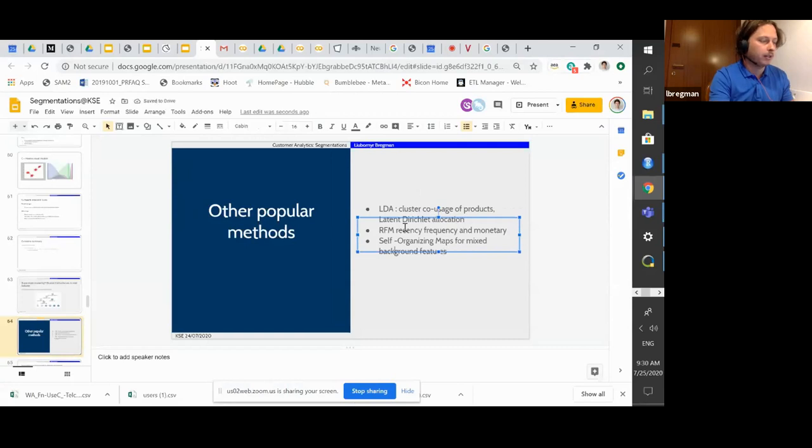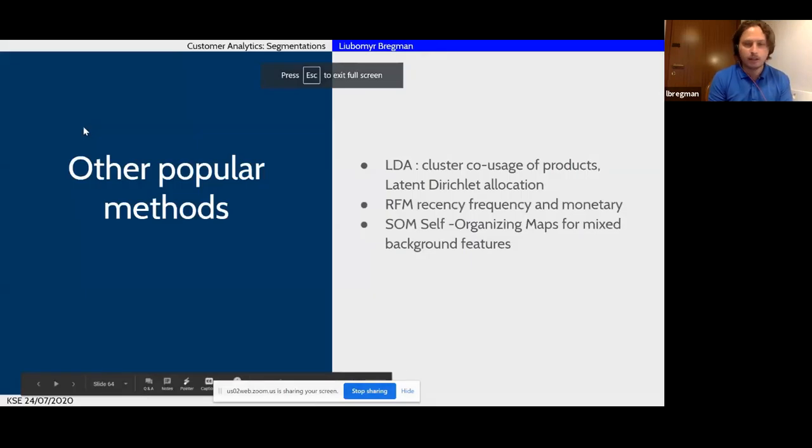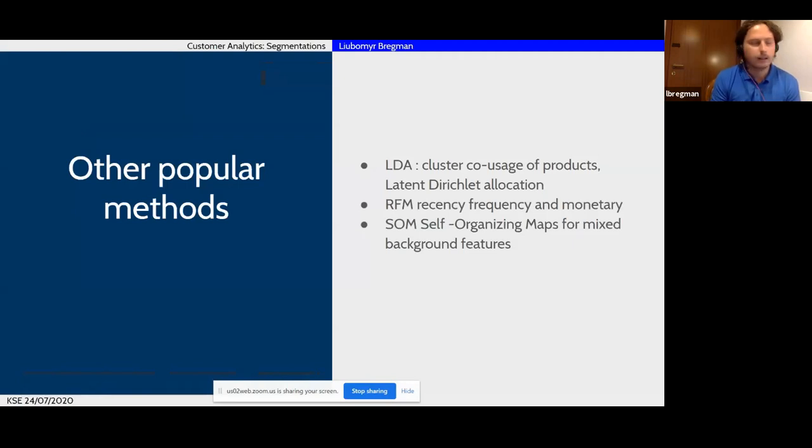And here we have an algorithm which is becoming extremely popular, and I saw a couple of banking institutions already working on implementing it. It's called SOM, so easy to memorize. It's a form of neural network, an unsupervised neural network, which reorganizes the structure of features. It's called self-organizing maps.